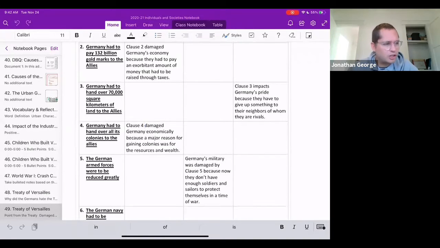So number 5, the German armed forces were to be reduced greatly. They were only allowed 100,000 soldiers and 15,000 sailors. That's it. So at that point, right, Germany basically doesn't even have a military. It is so minimal. They could maybe barely protect themselves if they were attacked. They definitely couldn't attack or go on the offensive and go into France and Belgium and neighboring countries again,